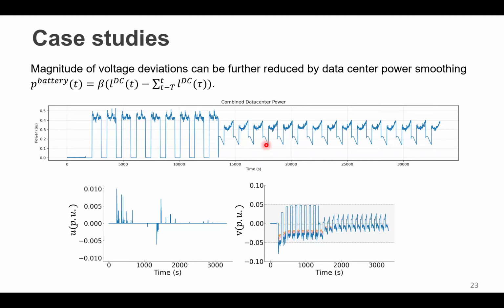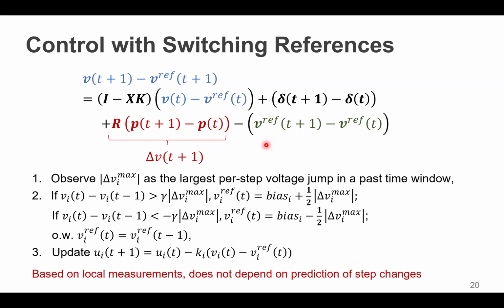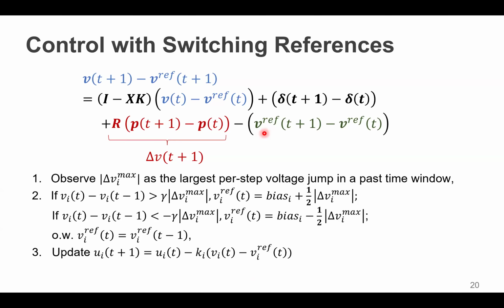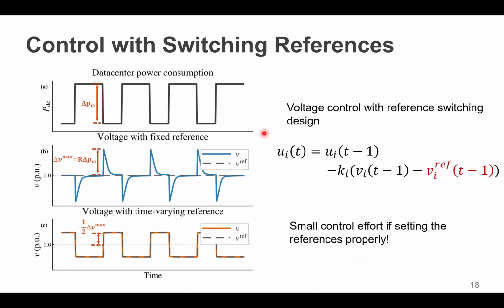But I believe the general idea of shifting the voltage reference to reduce the voltage deviation with very minor control effort should be theoretically sound, or I've never seen it before. I adjust my reference around the bias and something works. What is the theoretical foundation for that control? You just change the reference point based on the bias? Where does that come from? Did that come from machine learning or what? That basically comes from our intuition. Intuition only, but is it working?